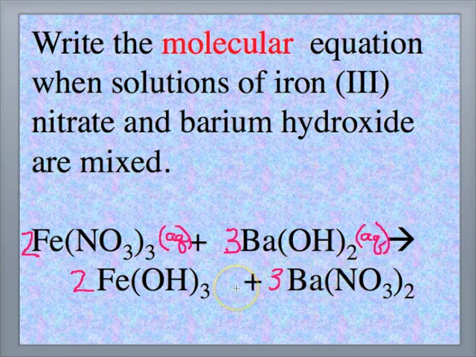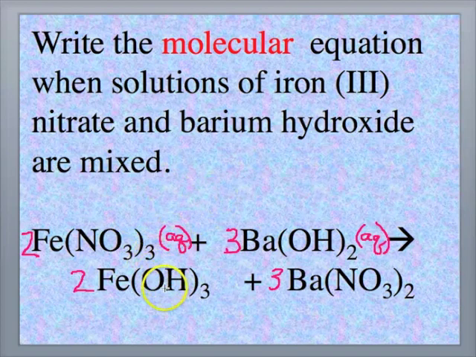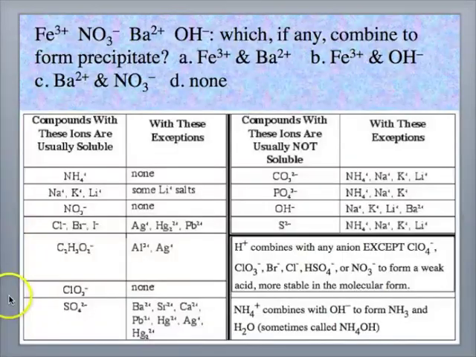Now, what about the products? How do we know if iron hydroxide is soluble or not? How do we know if barium nitrate is soluble or not? It turns out that there's going to be a solubility table made available to you that will help answer questions like this. In this table, you have a listing of compounds with ions that are usually soluble, and then the exceptions. So ammonium, for example, all the compounds with ammonium ion are going to be soluble,